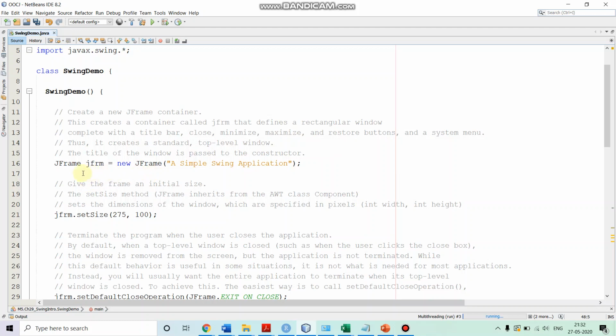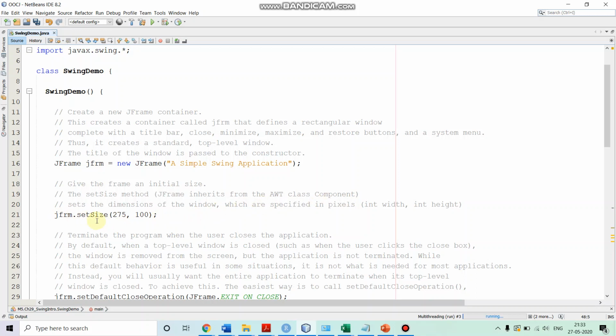Now inside this frame, we can set the size of the frame. For that we are calling the method setSize on the JFrame object reference. JFrame inherits this method from the AWT class Component.